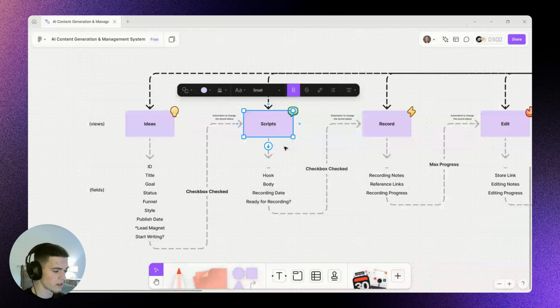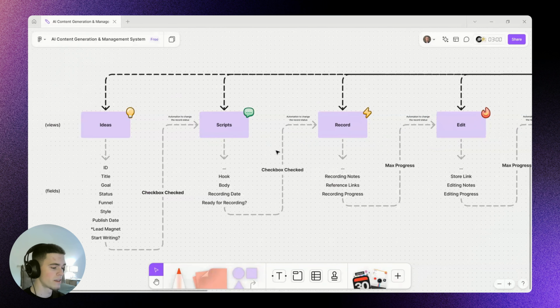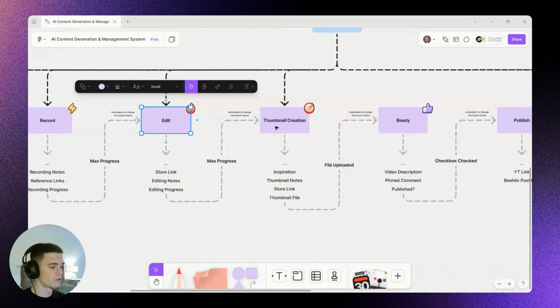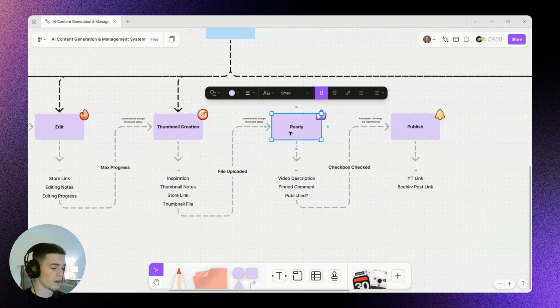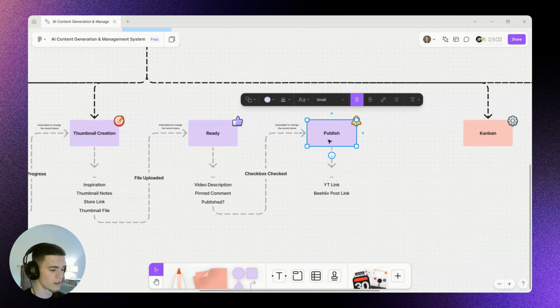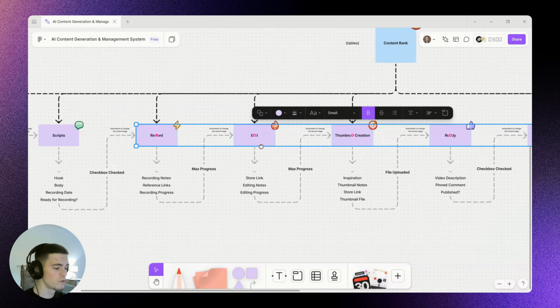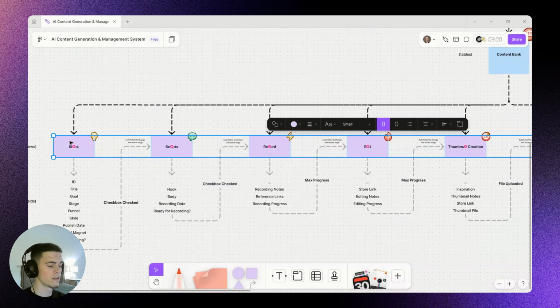So that's the second stage of the piece of content. Then we start recording the video, and then we have to edit the video, create the thumbnail, and then it's ready to post. And then finally, it's a published piece of content. So we have these different stages right here, and we're going to have views that filter the content, so that